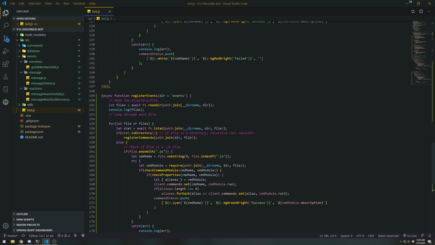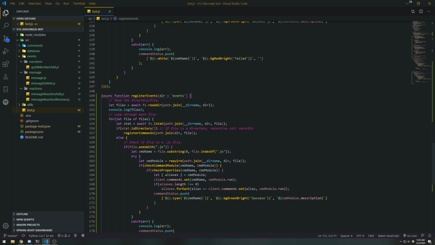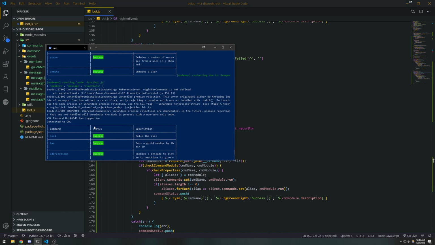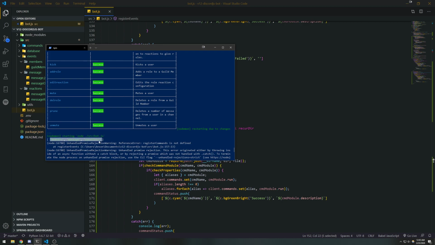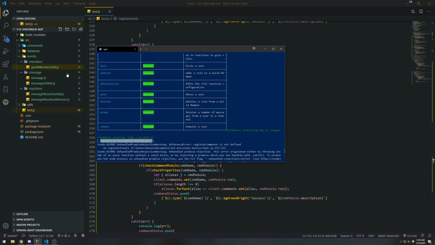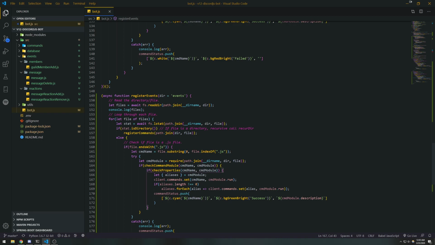So what we're going to do is continue off. Right now we know that this files array, if we look over here, has just 3 folders. Before it was our event files that ended with JS, but we put them into folders. So it reads 3 folders, and notice it's not logging what's inside, because we actually have to recursively read every single directory and then register every single file. On line 154, let me zoom in a little bit,